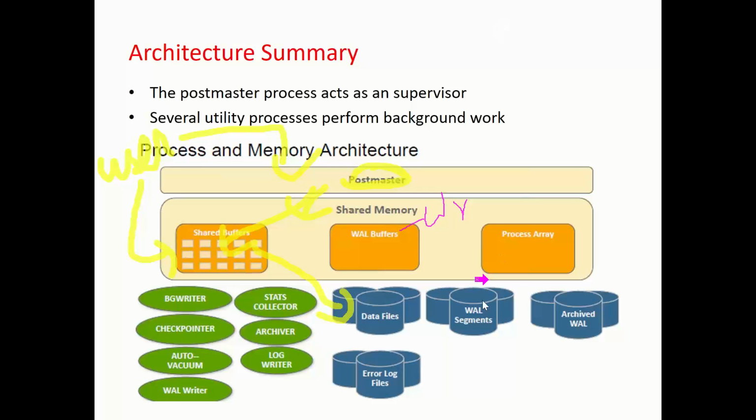Now let us understand these terms as well, which are over here. Error log files are all the files which are